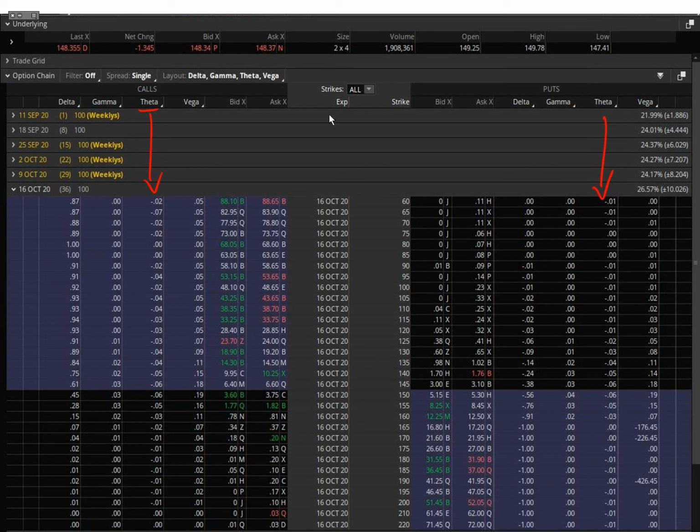So tomorrow we go one day further. So we wake up tomorrow morning and we would see that theta would come out of all of these premiums if nothing else changed. The volatility didn't change. The price didn't change a penny. The only thing that changed was one day went by. Okay, trying to isolate that. We would see the exact amount of theta come out of our premiums, okay, one day later.